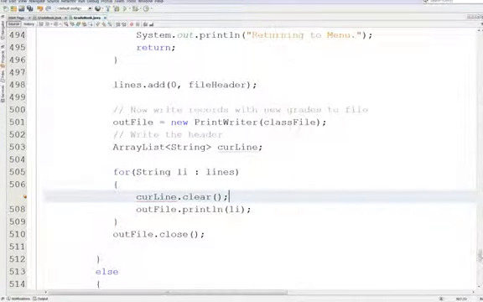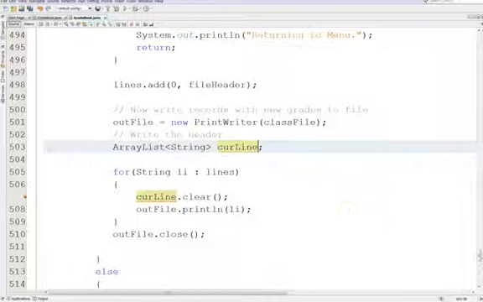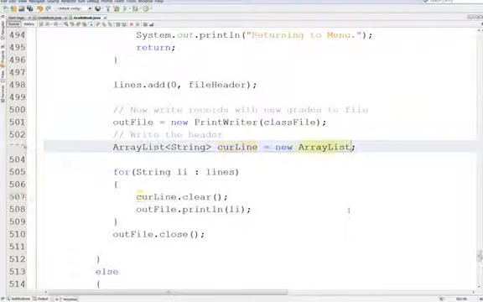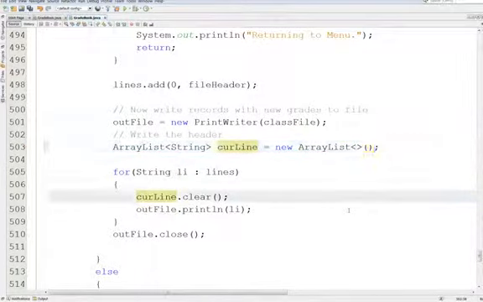Oh, I forgot I have to initialize it. Okay, so sorry. Do that up here again, outside of the loop. I did have to initialize it. So ArrayList<String> curLine equals new ArrayList, diamond notation, and then parens. There we go. Okay. Alright, then we clear the list, and of course the first time it's already clear, but then after that